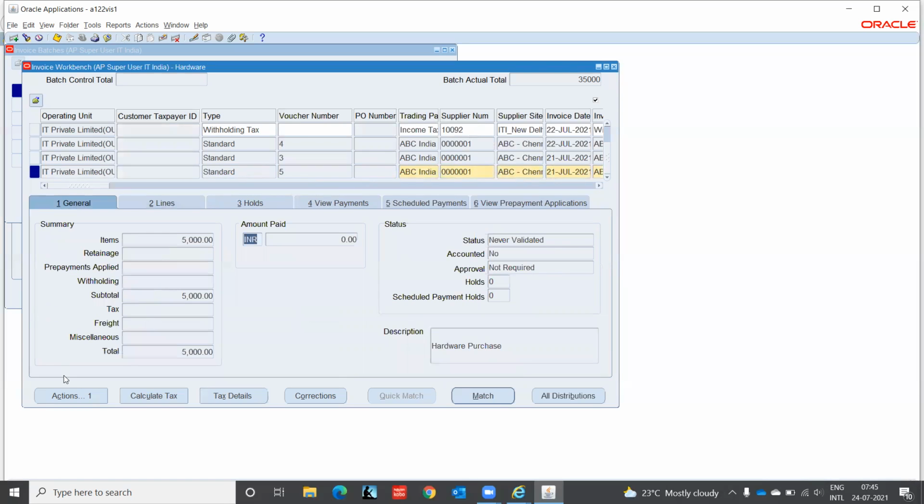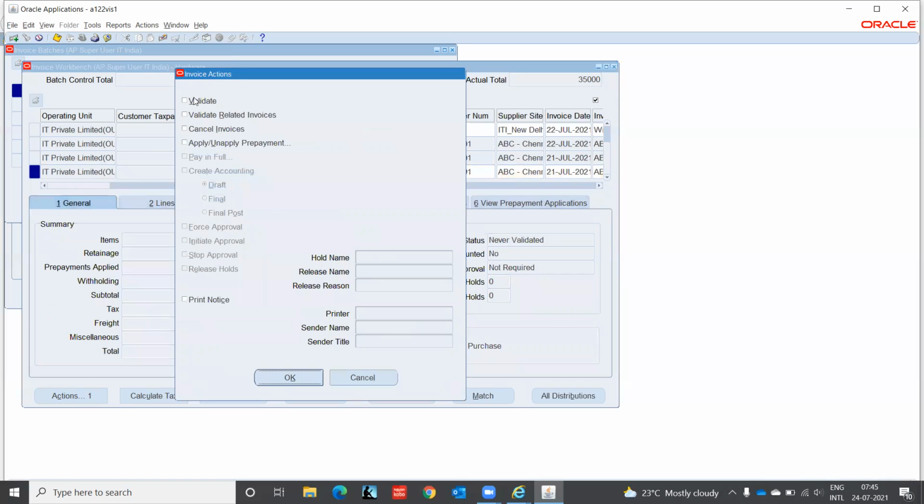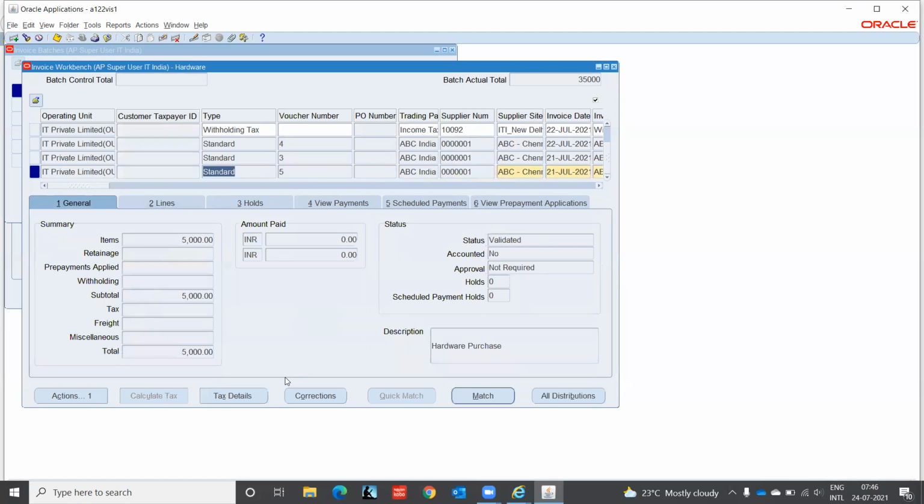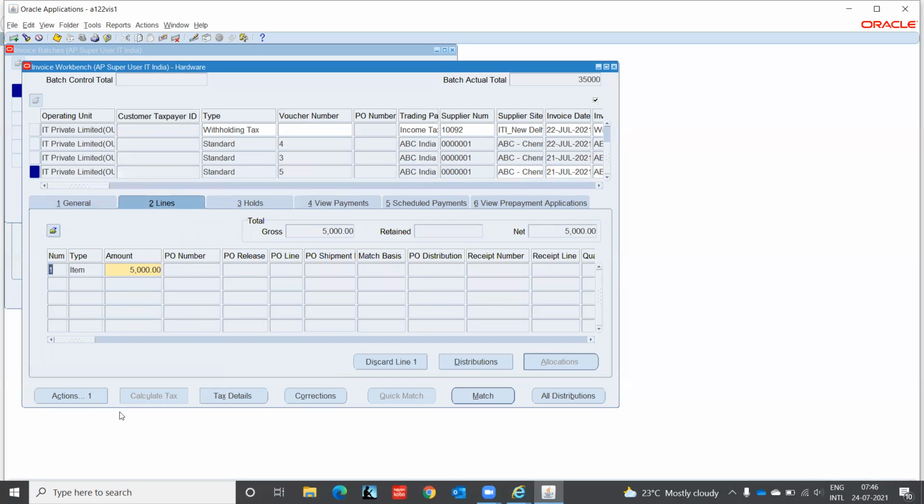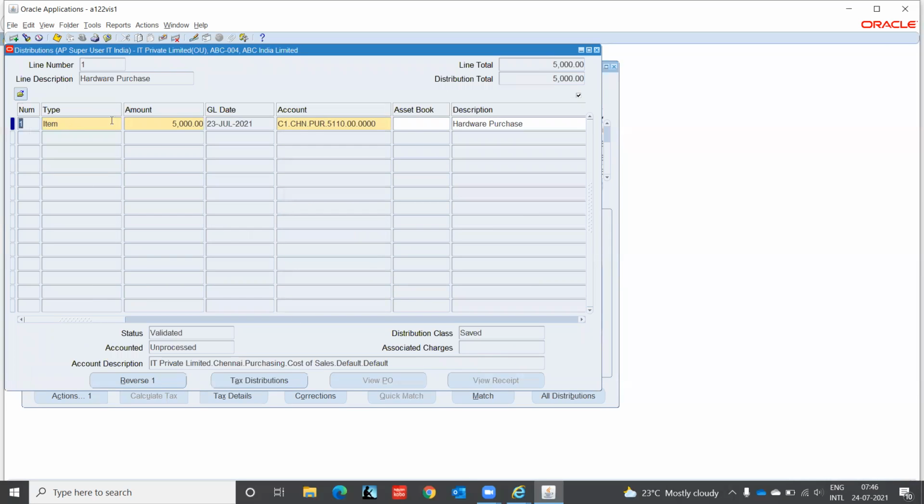Go to general, click on actions, validate. Okay. See, the invoice got validated. So in the lines, you have two options. Either you use the distribution set, which I did here, cost of goods sold. If not, you can come over here to enter the amount, click on distribution and enter these details. So right now you see all the accounting completed by itself as soon as I select